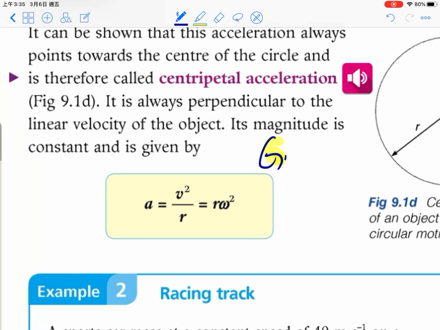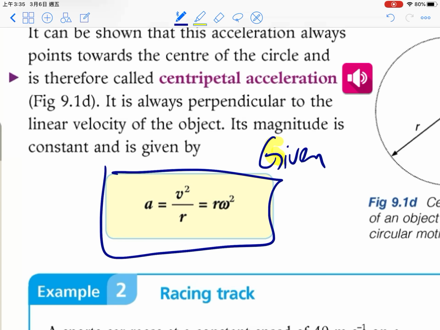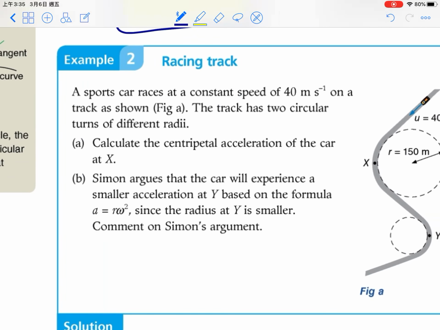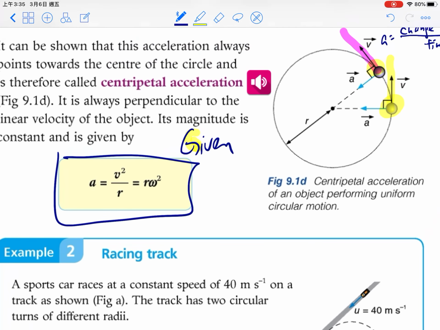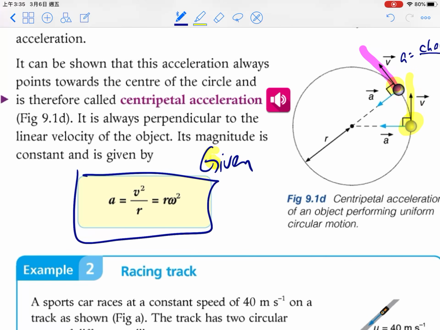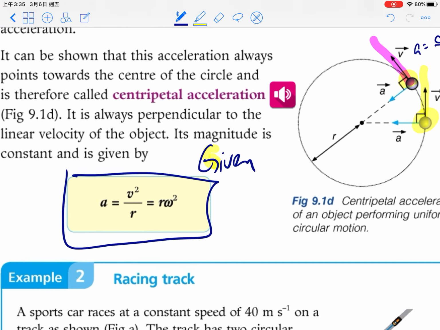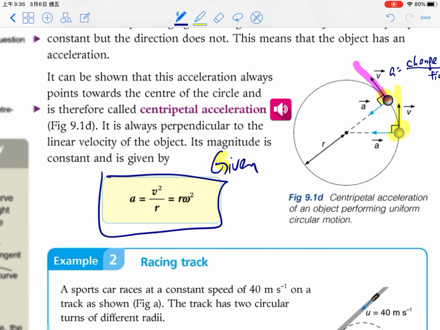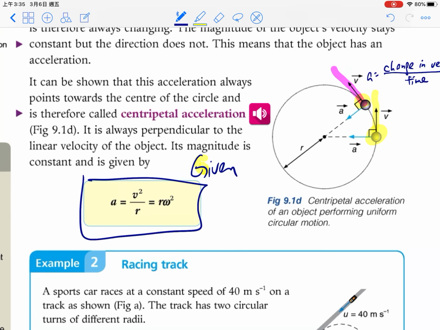This is given. a equals v squared over r, equals r omega squared. And I'm not going to derive this equation here. But for the acceleration, we have two important things. One is the magnitude, which can be calculated by this equation, and the other is the direction. The direction of centripetal acceleration is